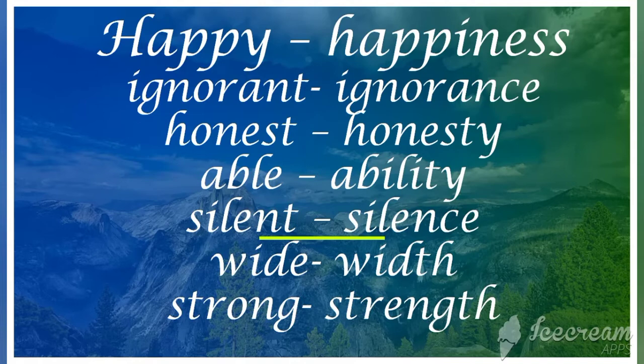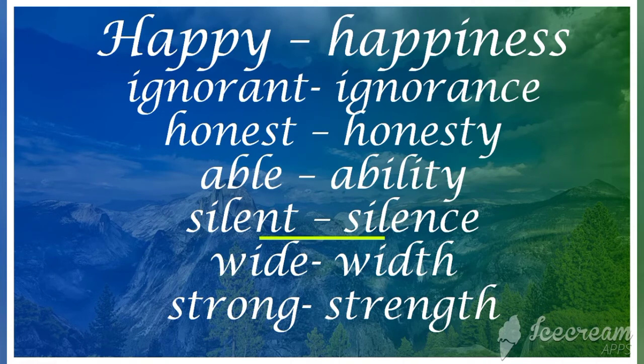In some cases, a word can be used as both a noun and a verb without change. Here we have made some changes, right? We are adding ness, ence, ance, st, y, like that, but for some forms there is no change. For example, run. I run every morning. In this sentence the word run is a verb. Another example is, I go for a run in the morning. In this place, run is a noun.